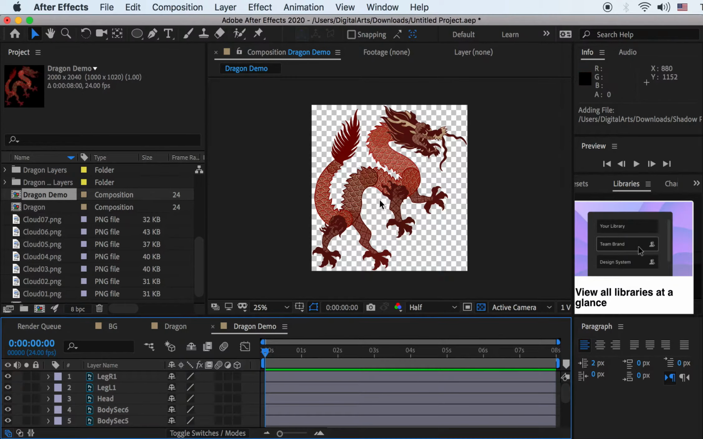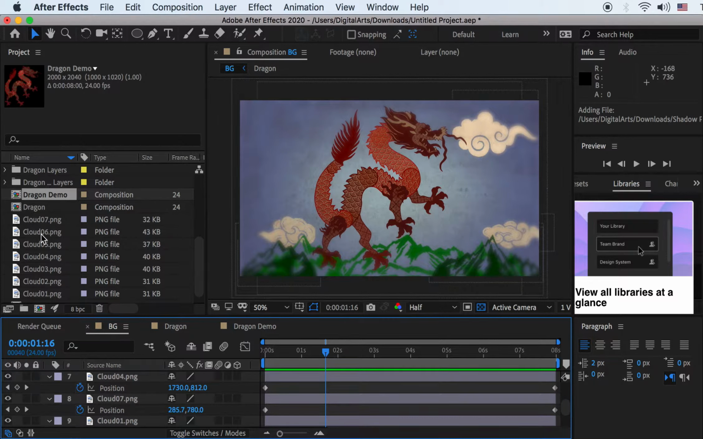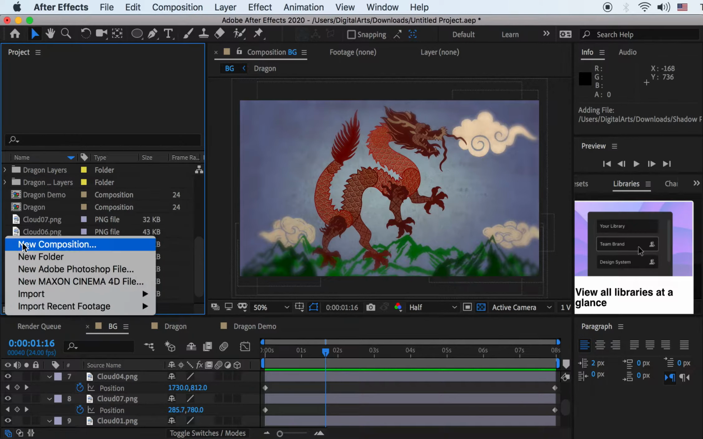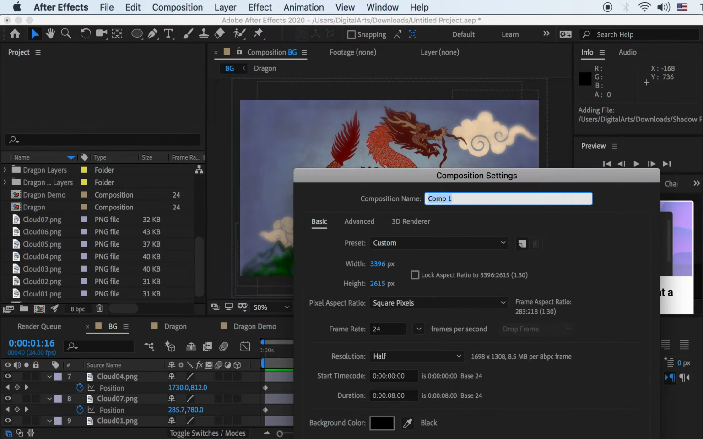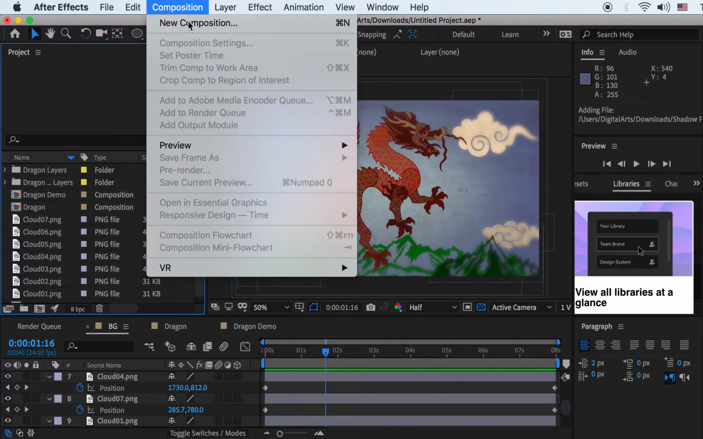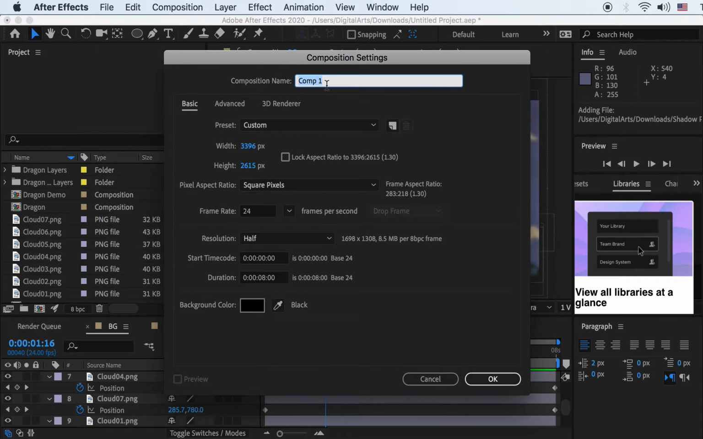Okay, so we'll move on to animating this dragon in the next video. So let's create the environment first. First I'm going to click on this button to create a new composition, or you can just go to the top menu, Composition, and New Composition. All right, and here I'll name it